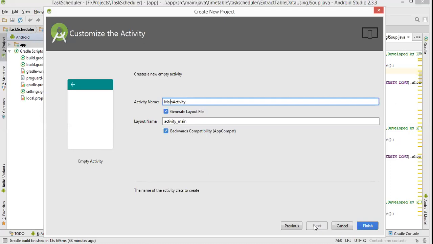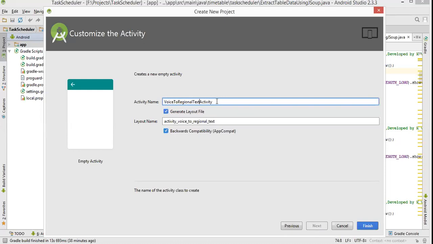Now what I'll do, I'll rename this main activity as voice to regional text activity. Of course, the name is very big. Now, what is the layout name? How is it automatically changed? It is changed to activity underscore voice underscore to underscore regional underscore. The first letter of each word of the activity is a capital letter, whereas the layout name is all in small letters.